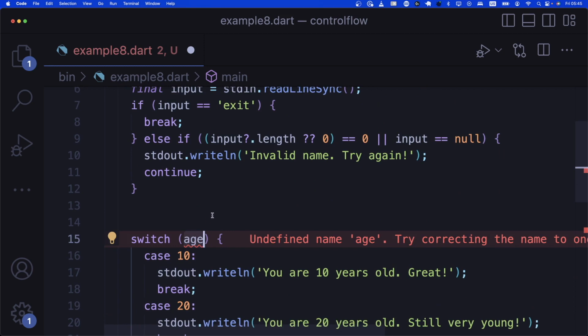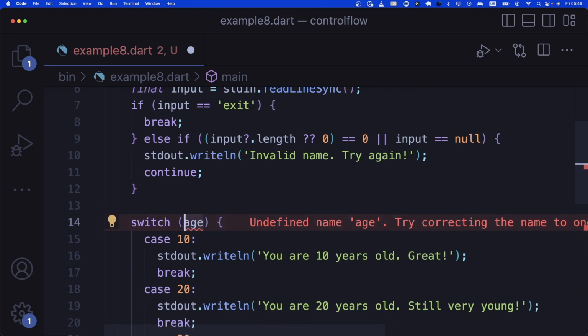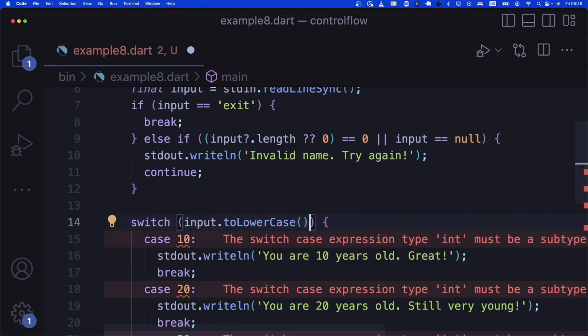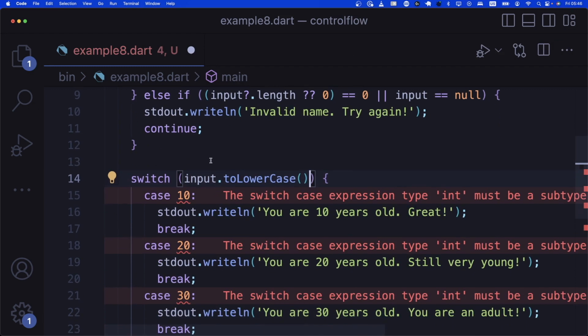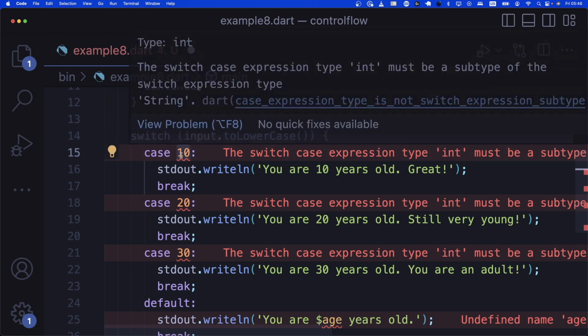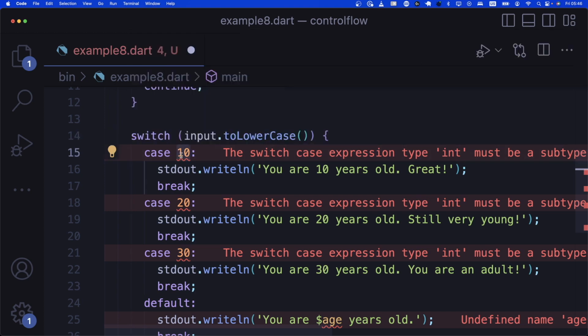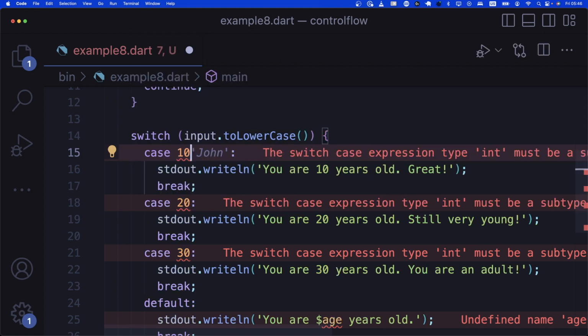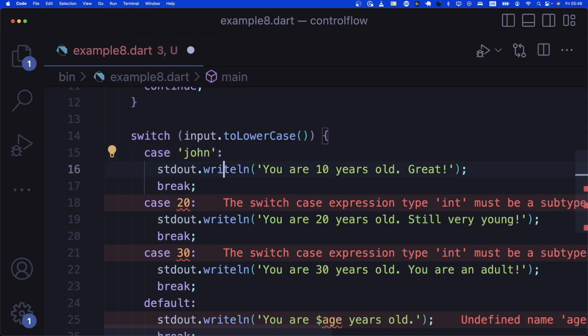Then what we can do is to say switch on the input, and we say toLowerCase. So what happened in here is that we're switching on a string. This is not like switching on an integer where you have cases of integer. If you're switching on a string, your cases should also evaluate to strings. So in this case, if the lowercase of the input value is John, let's say John, okay, then